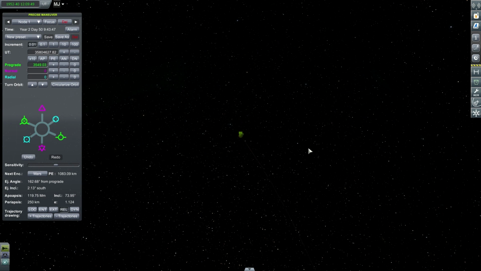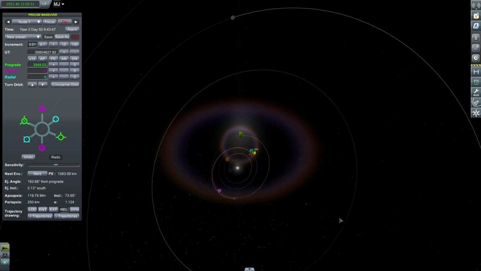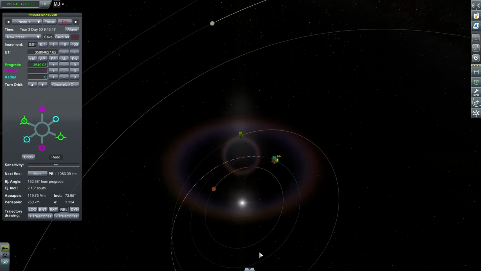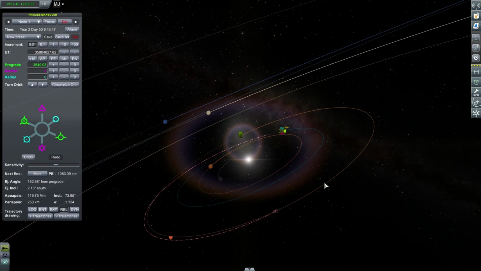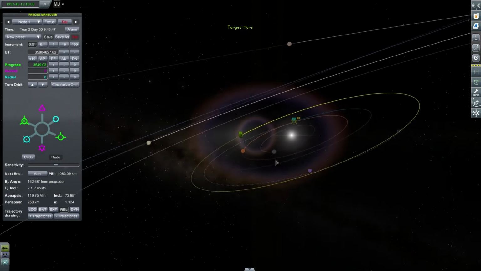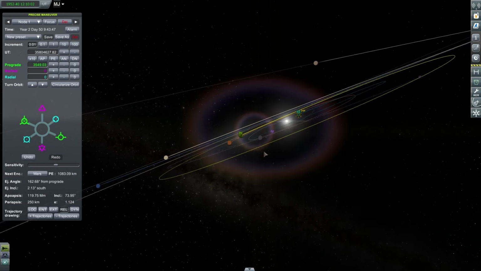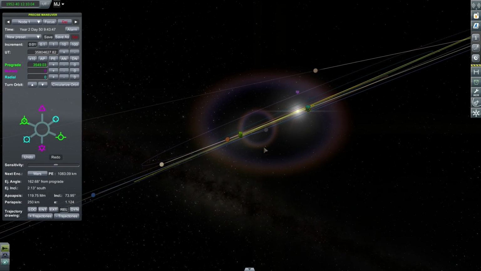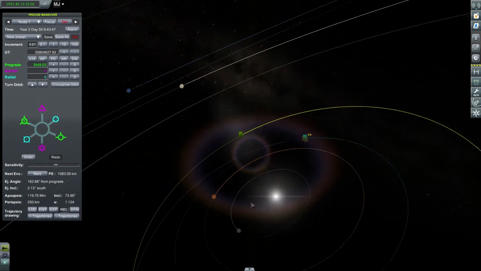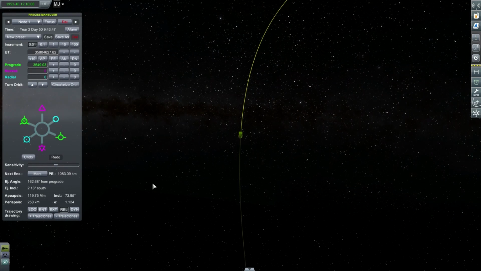That didn't require too much effort to do. So pretty good. Not bad. I'm actually pretty happy with how that worked out. So if we just go ahead and set this as target. So yeah, you'll see that we are doing an off-plane transfer. We are neither in the Earth or Martian plane, but we still make it to Mars with a relatively efficient